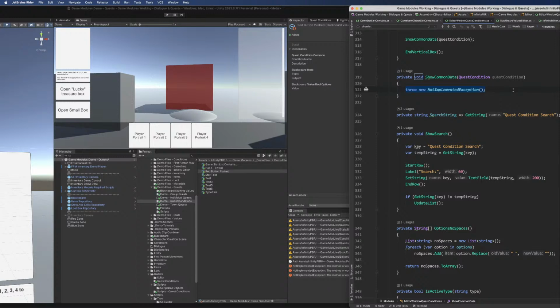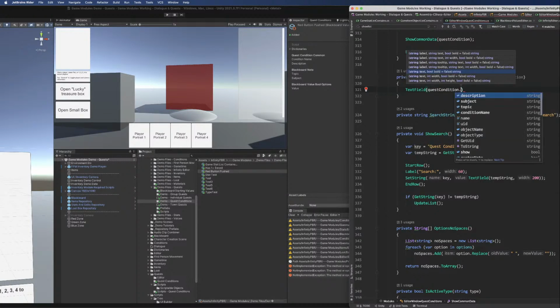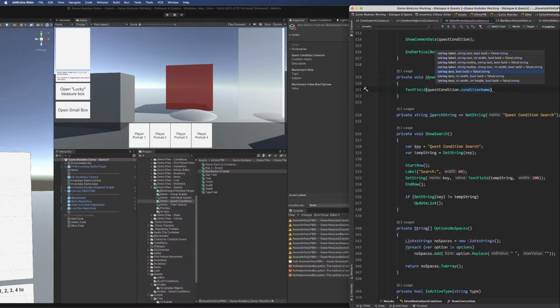All right, so this is going to be, when we change the condition name, we're going to have to change the object name and also that Boolean earlier, we're going to have to change that as well. So that's going to be a little bit of a thing, but let's start with that. We'll do text field, I think it's field. And the text is going to be the quest condition dot condition name, and